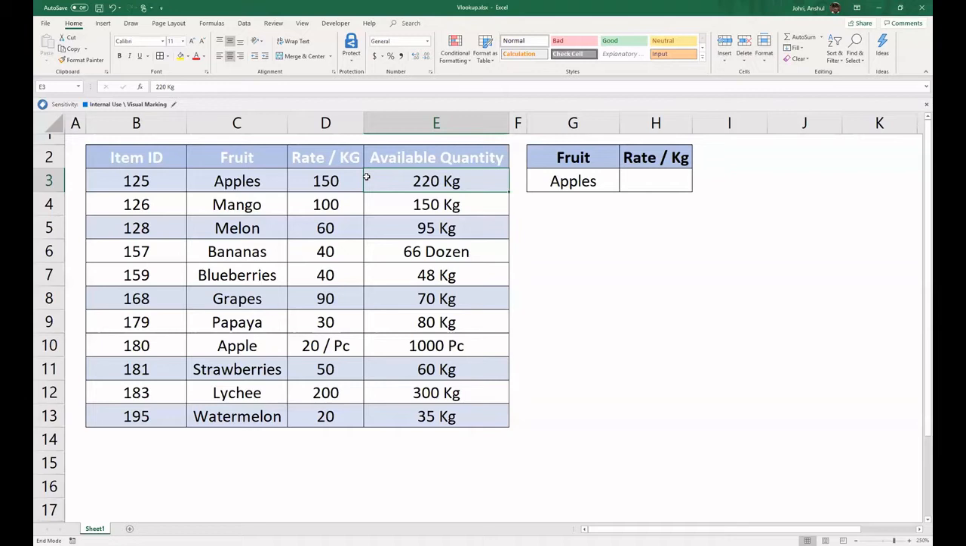Now, how does VLOOKUP work? VLOOKUP asks you for four major inputs. First, what you're looking for. Second, where you're looking for it. Third, which column number you want as a result or the return from the formula. And then we have an optional field which says you want to have an exact match or an approximate match,